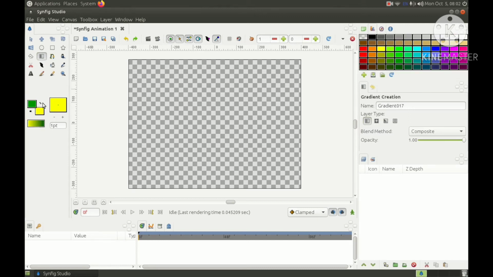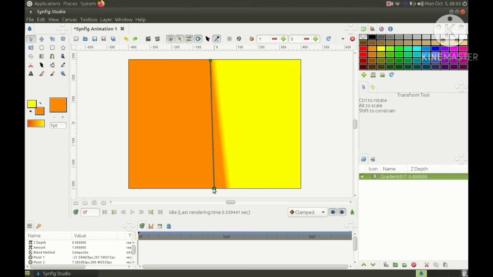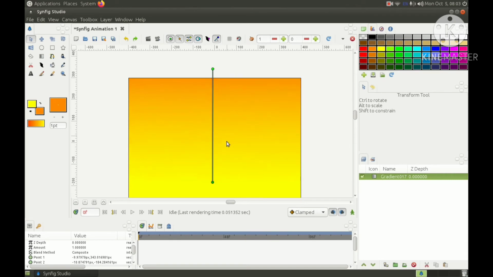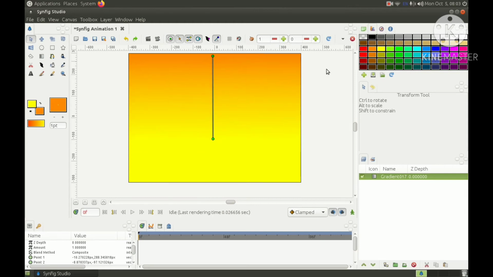One color is yellow and the other color is orange. Okay, let's see. Reverse the gradient effect. Okay, so this is my background.